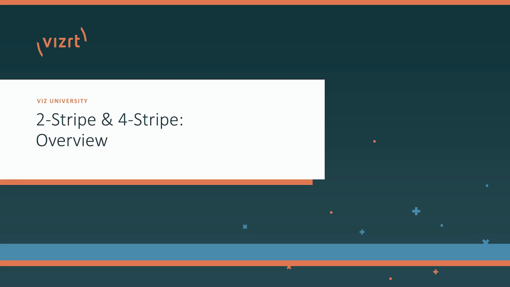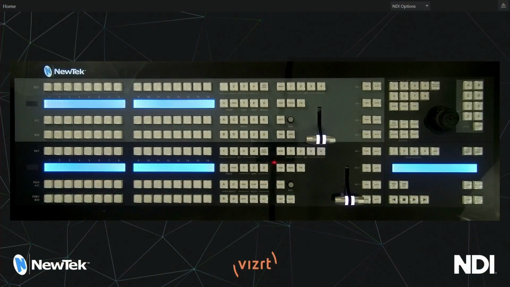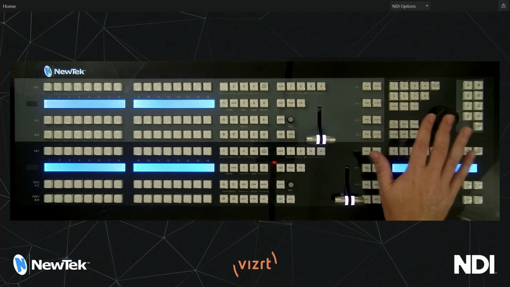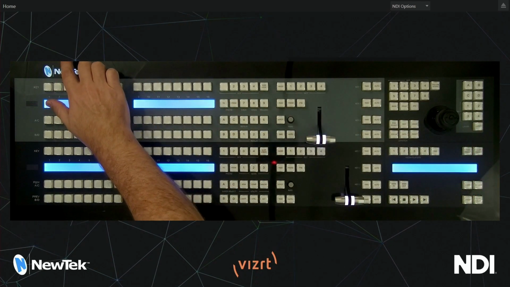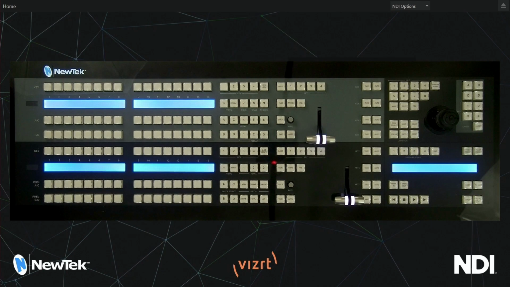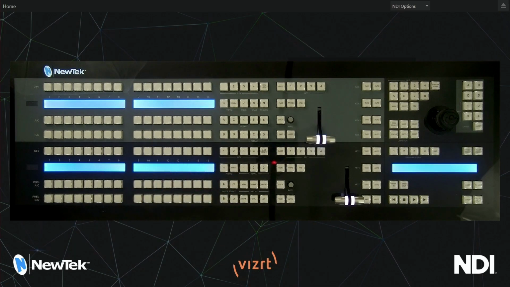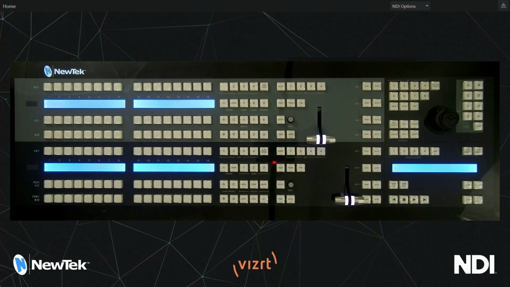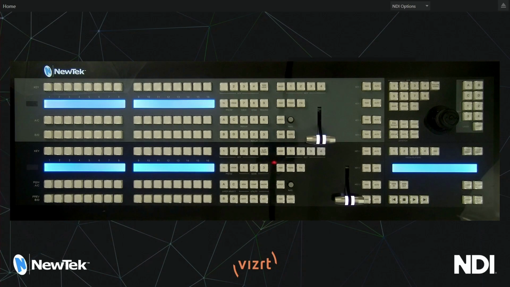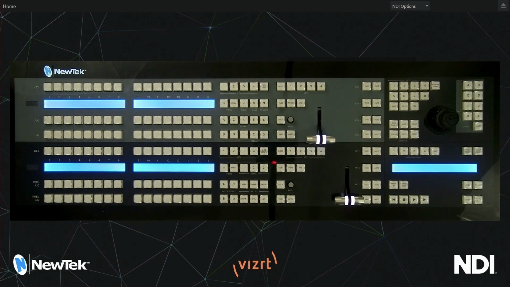In this class lesson, let's take a look at the 2-stripe and 4-stripe control panels. We'll be looking at a 2-stripe specifically, but everything we learn about that panel applies to the 4-stripe panel. Here we can see a 2-stripe panel, and this is connected to our network using a 100 megabit Ethernet connector. This panel does expect to receive an IP address using DHCP. It is possible to configure it with a static address, and you'll find more information about how to do that